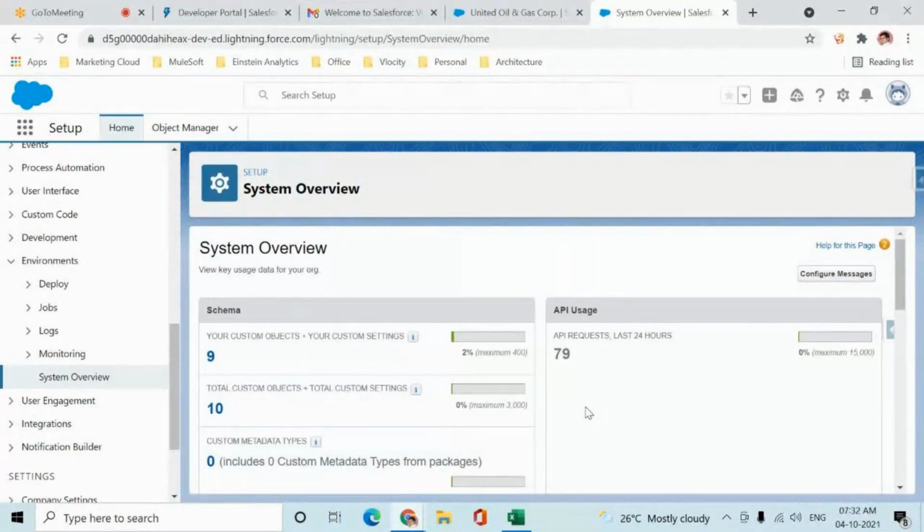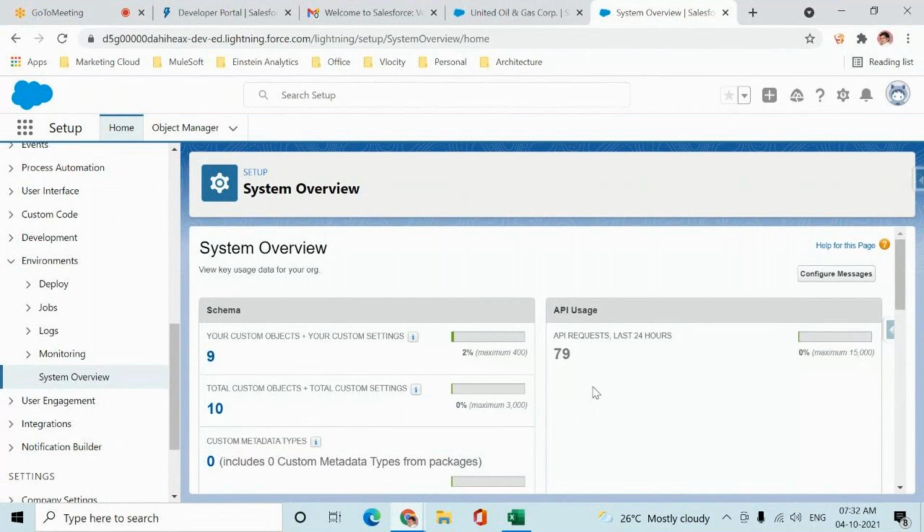Okay. So you do have limitations, and even when you are buying a license, based on the license that you are buying from Salesforce, you will have limits. They'll say you can create a maximum of 5 applications or 10 applications based on the license that you are purchasing from Salesforce. That will be there in your license document when you are buying it. And of course, you can look into the system overview as well.